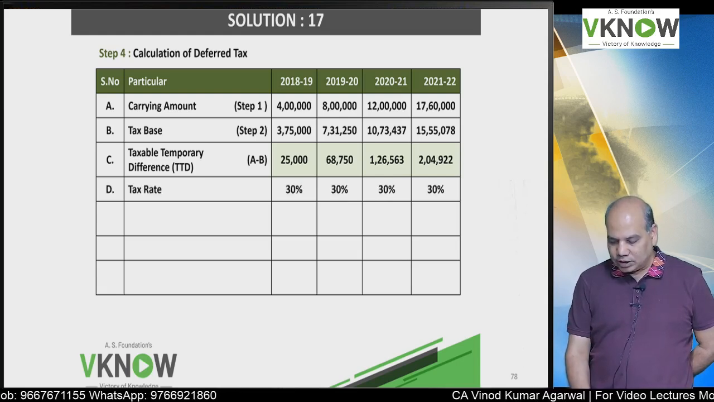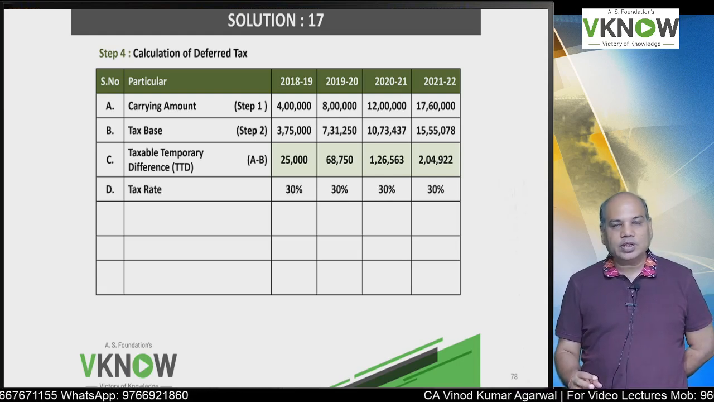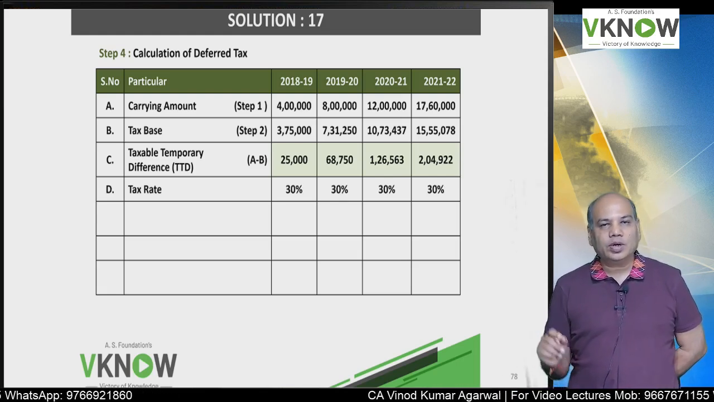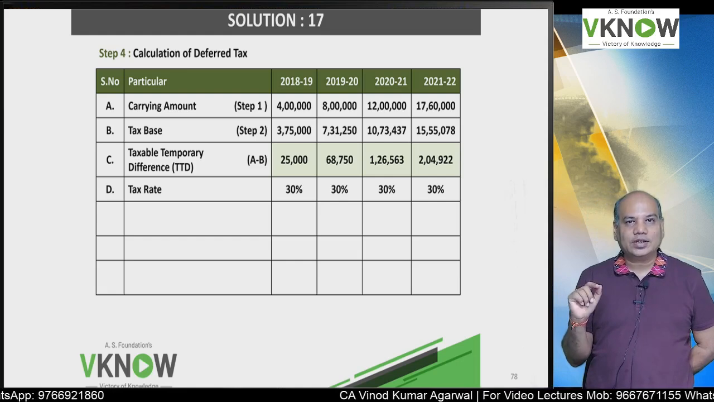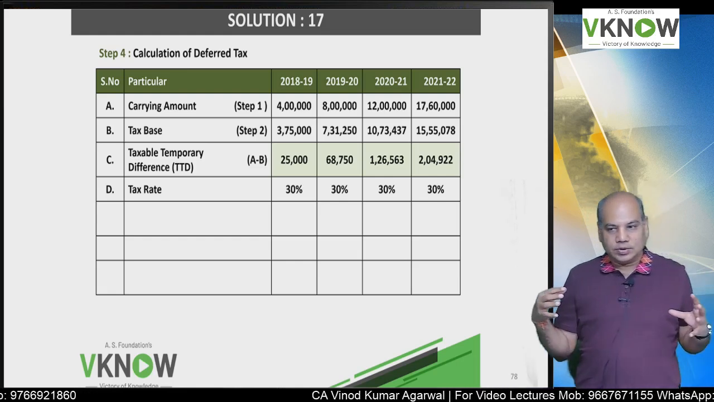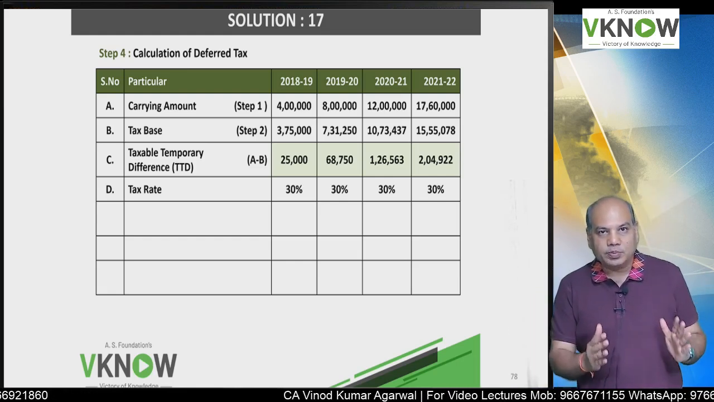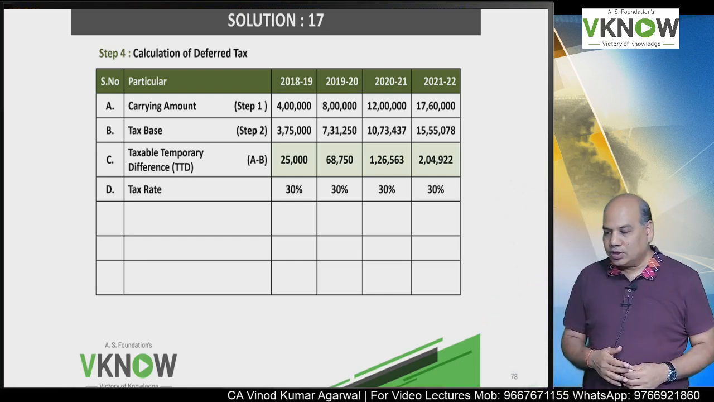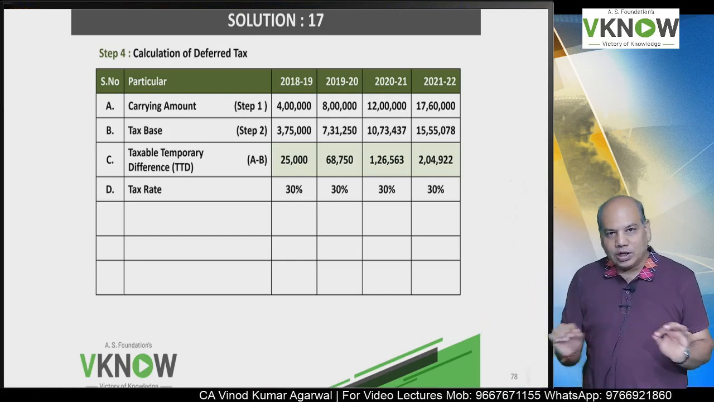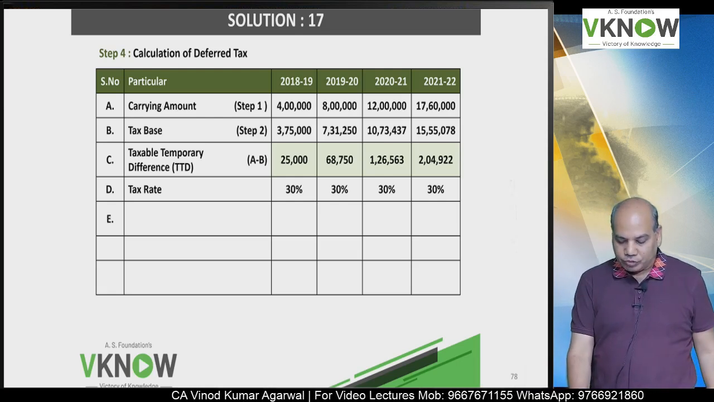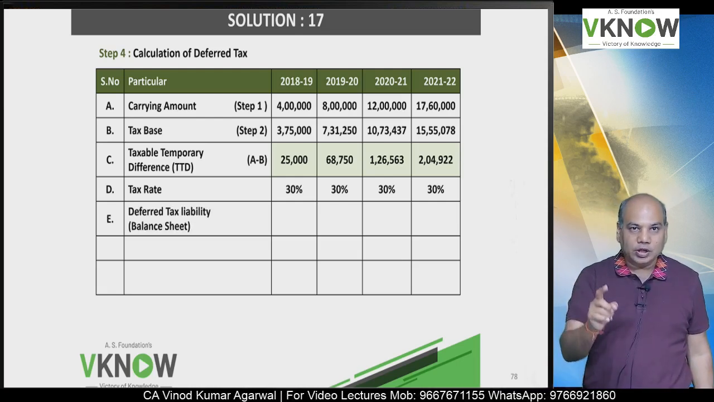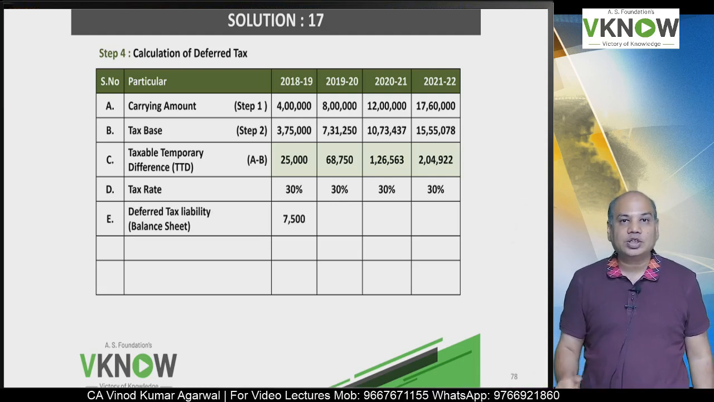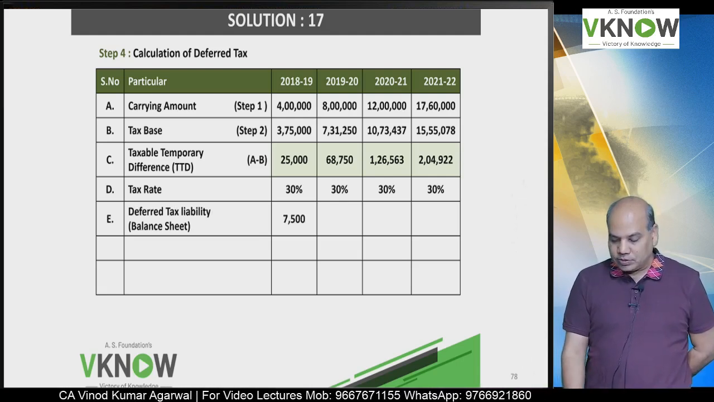tax rate 30%. In some exam they will give you different tax rate for different years. That is why I always open this line tax rate. Otherwise what happens, sometimes the institute may give you 35% for first 2 years, 30% for next 2 years, and then the student gets confused. So one line dedicated for tax rate, multiply C into D, that gives you deferred tax liability for balance sheet purpose. Please multiply